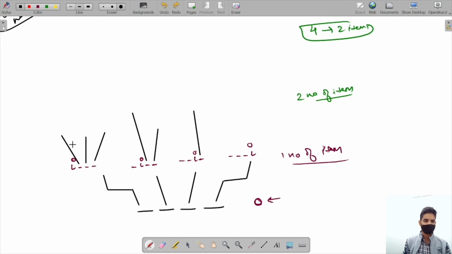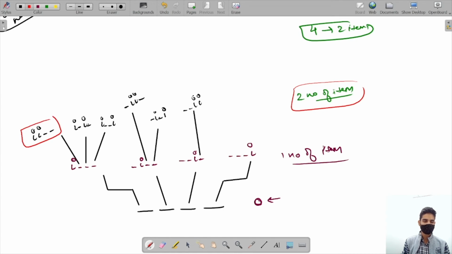In this also we have checked further boxes. Now, if I put my item here, what will be my case? I dash dash. Now I am putting my item here, so I dash. In this, I dash dash I. Very easy. In this, dash I dash. In this, dash I dash I. In this, dash dash I. And in this last one we can't do anything because there are no further choices. So you can see for 2 items, we are having 6 answers: 1, 2, 3, 4, 5, 6. We are having 6 answers.